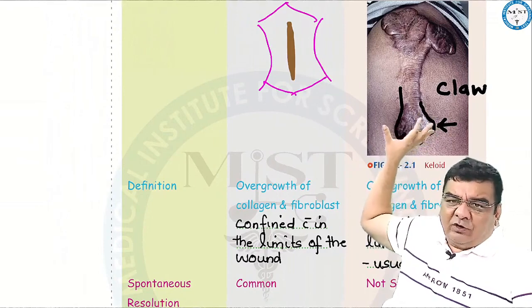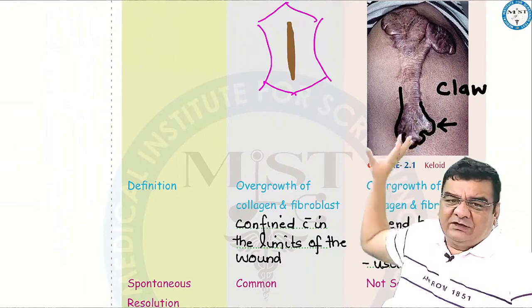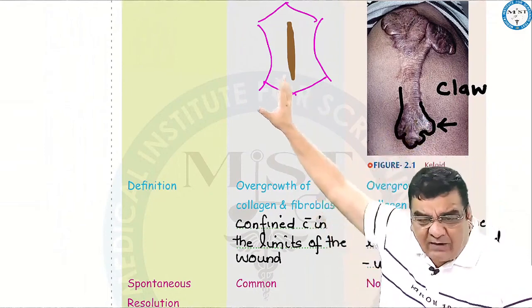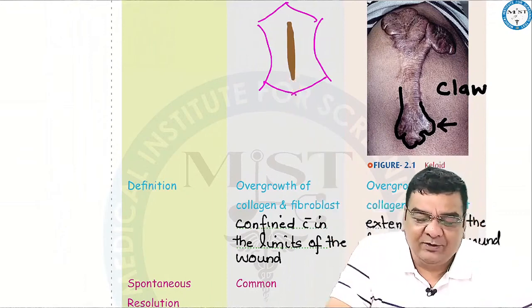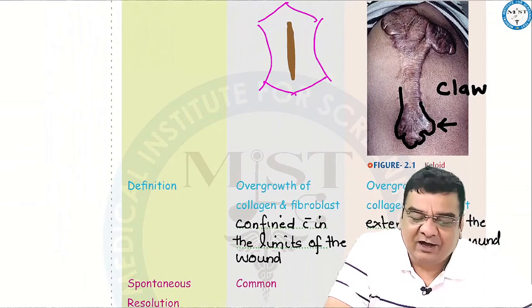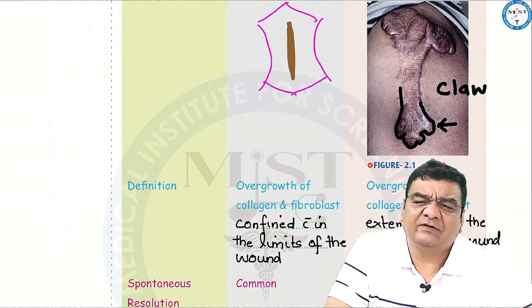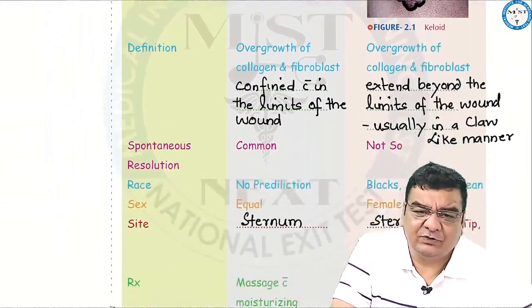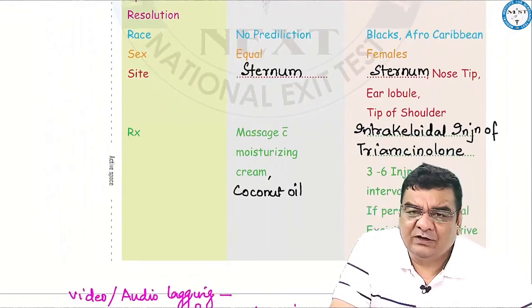Keloids are more commonly seen in blacks, Afro-Caribbean people, and more commonly in females. Hypertrophic scar can resolve spontaneously, but keloids generally do not resolve spontaneously. These keloids and hypertrophic scars are more common in those areas of the body where God has given less amount of soft tissue. That means the sternum, or maybe the tip of the nose, ear lobule, or the tip